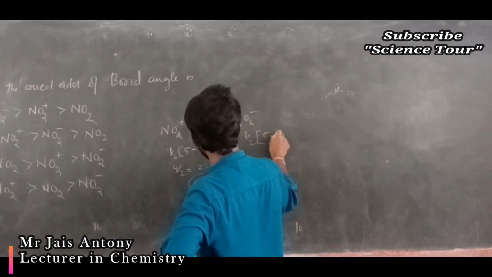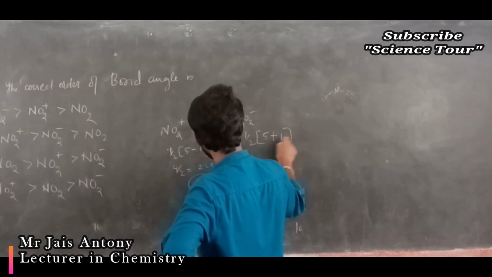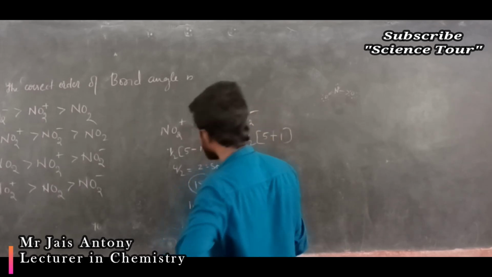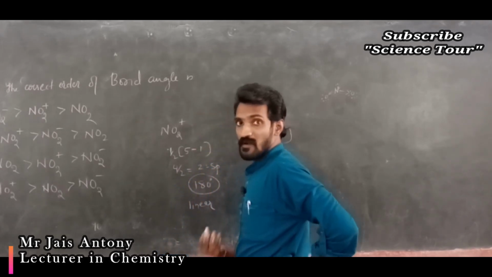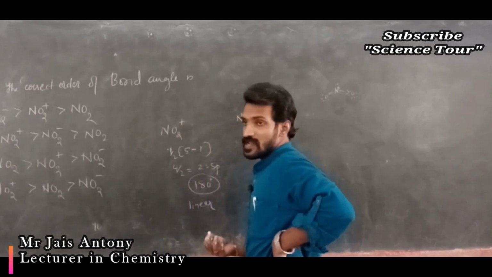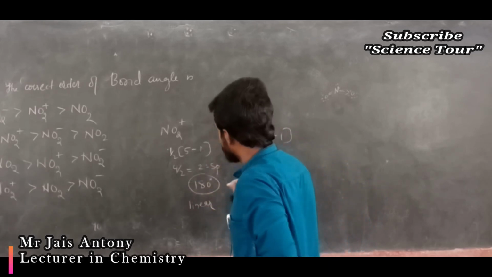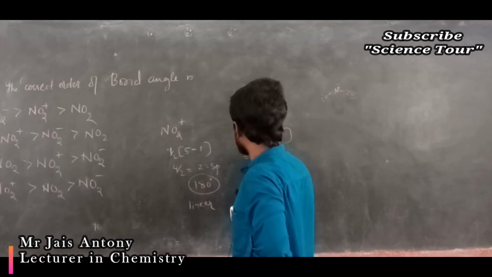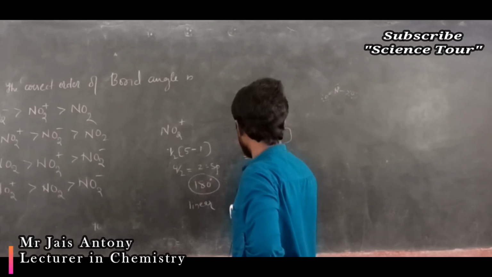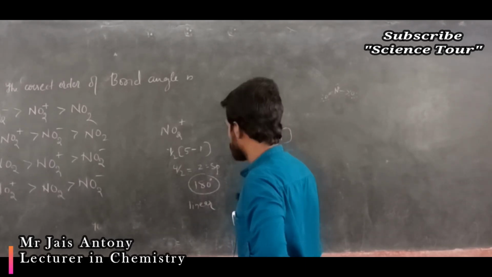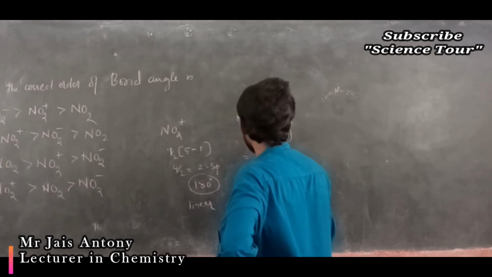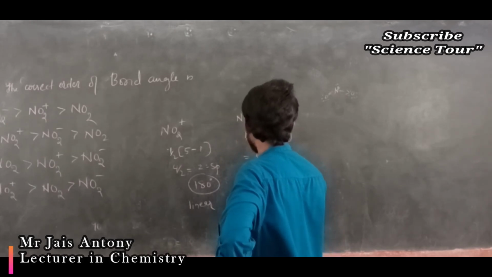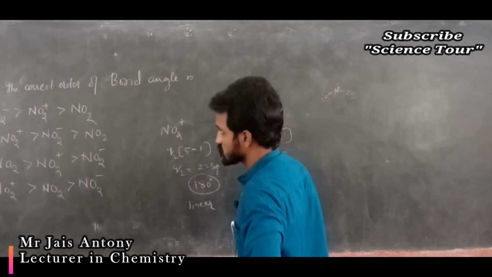And here NO2 minus, you will check, my dear students: half into 5 valence electrons plus 1, this minus 1 you have to add. That hybridization formula I am applying, again and again I am not explaining the same thing. The same pattern you have to use. Half means 6 divided by 2 is 3, SP2, which means 120 degree angle, my dear students.